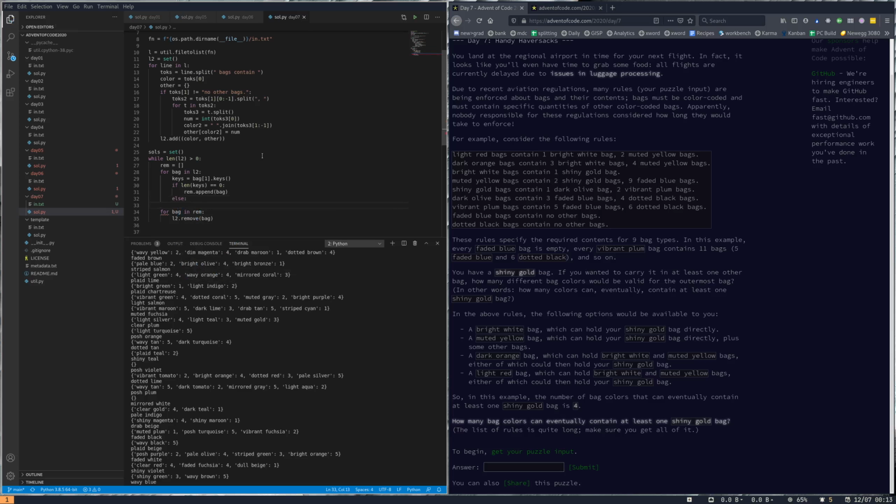So otherwise, we know we have something in our keys. So the next thing we need to do is iterate over the keys and see if any of the keys are in the solution. For k in keys,